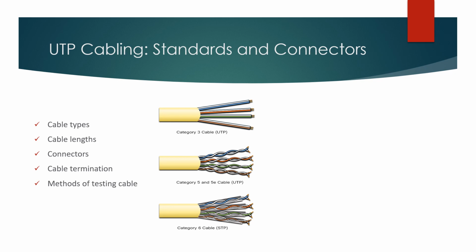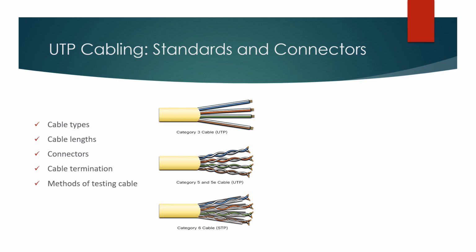Category 6 has an added separator between each wire pair to support higher speed, and Category 6 supports up to 10 gigabits per second. It is not shown, but Category 7 also supports 10 gigabits per second, but Category 8 is for supporting 40